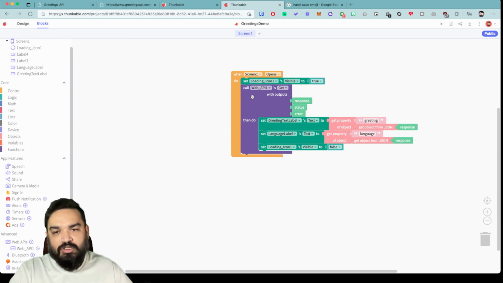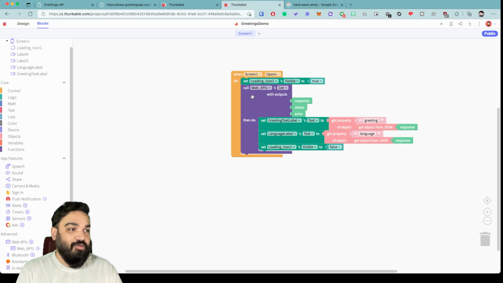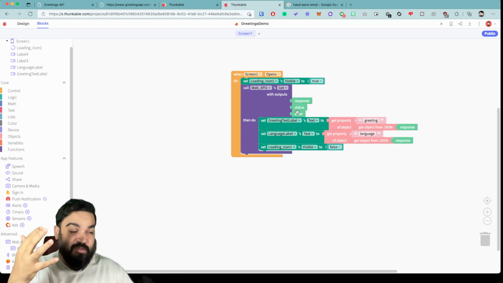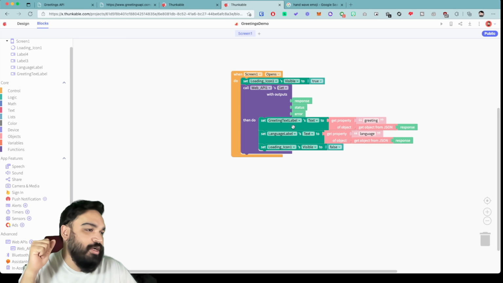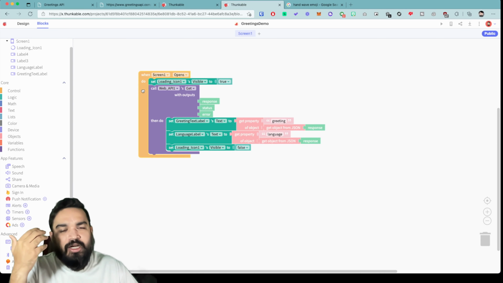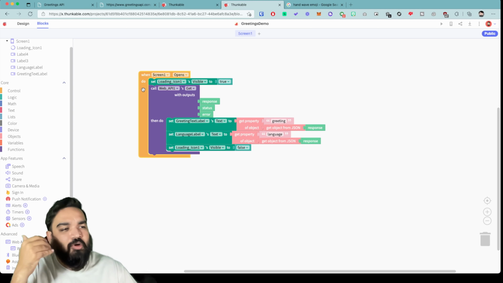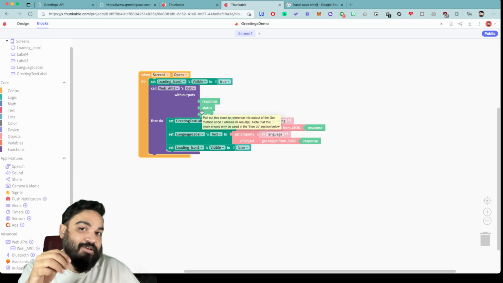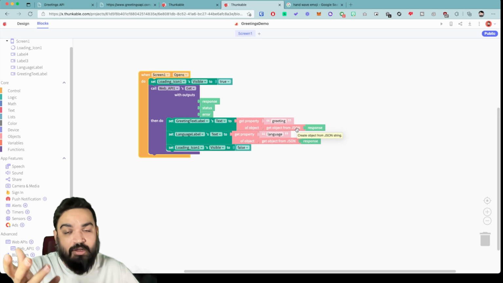When the app screen loads, loading icon is shown, and along with that we call the API, get the data, and then show it to the user. I would highly recommend for you to also handle the other cases, where if the API is not responding, what do you show, right? For keeping this video short and crisp and to the point, I'm not going to do all of that, but make sure you handle the errors as well, which may occur, right?